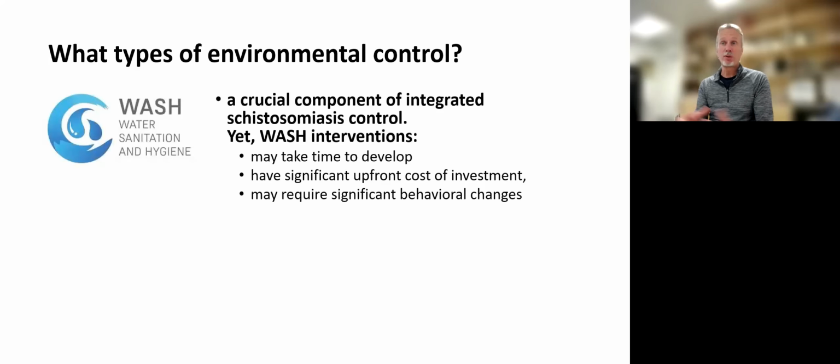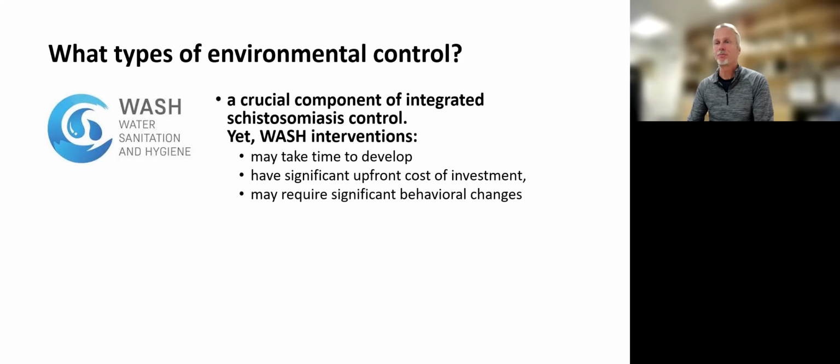I mentioned that in the first section of my talk. Well, the most important one is certainly WASH, water, sanitation and hygiene. This is a crucial component of integrated schistosomiasis control, so it's certainly of major importance. It has some drawbacks though, or some challenges. WASH interventions take a lot of time to develop. They are infrastructural interventions in a lot of cases. They have a significant upfront cost of investment. And they also might require significant behavioral changes in order to become part of the lifestyles of the places where